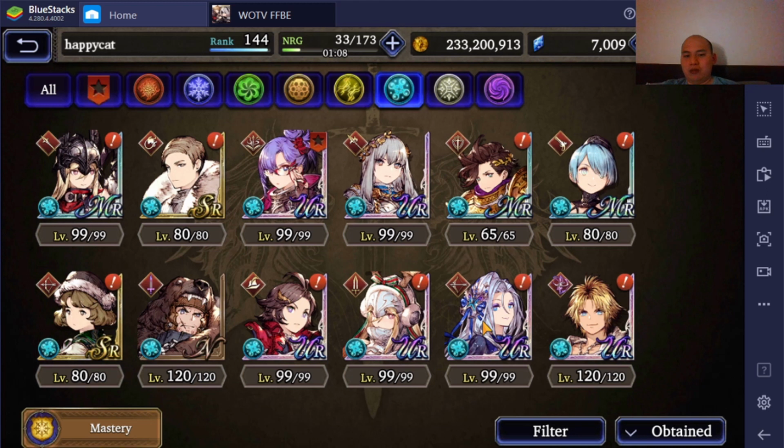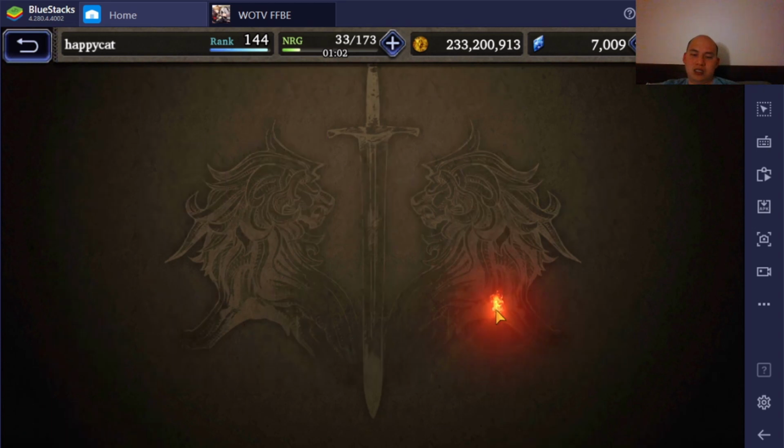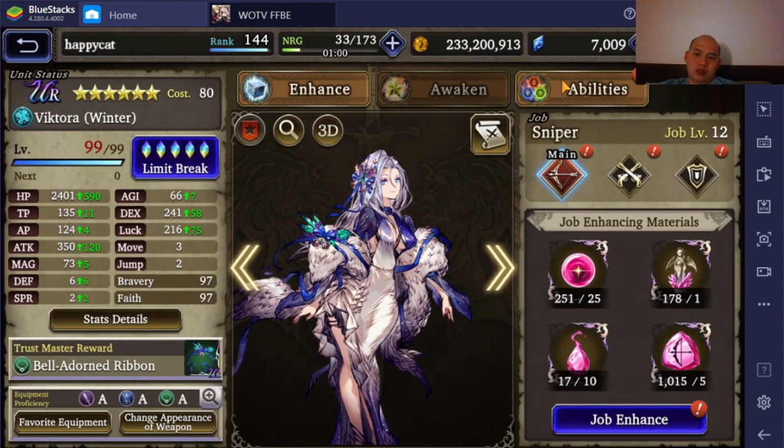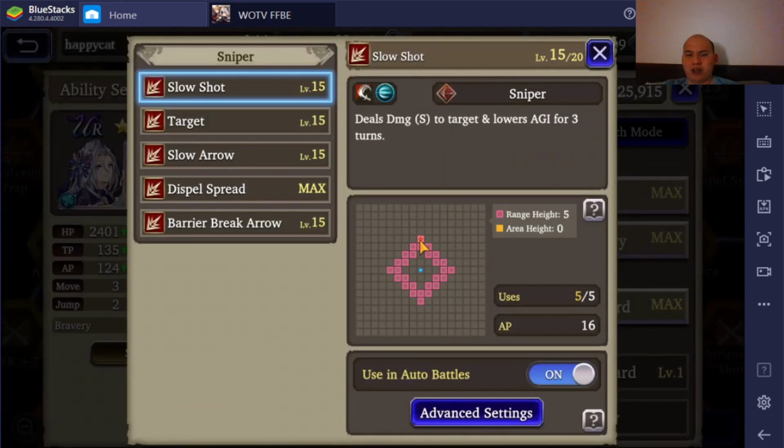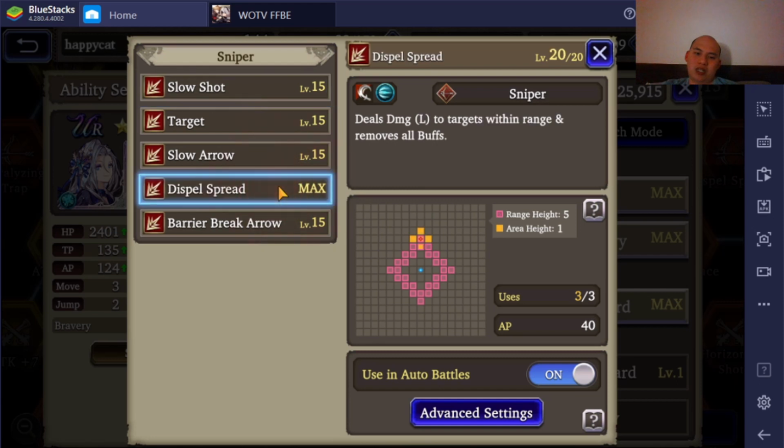An ability that counters King Mont. Now we're not talking about units, but this is more of a sniper thing. The ability that counters King Mont is Dispel Spread, or basically any kind of Dispel for that matter. But you don't really want to depend on Excalibur, because Gilgamesh is weak to fire. But basically,